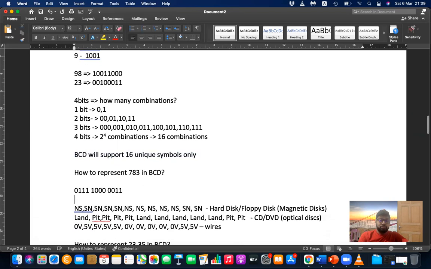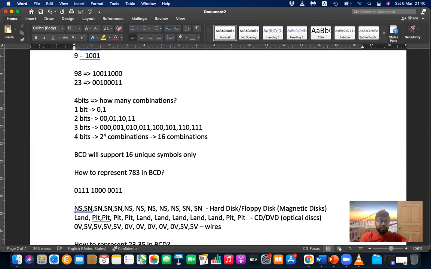Basically, this representation is then transferred to the signal format or storage format. For example, if you want to store this 783, this is the raw thing, not the actual picture. If you want to represent this number 783 in the hard disk, you have to save this.